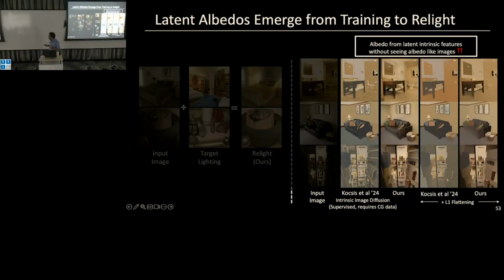So here is a comparison of albedo, ours with two different conditions. What I want you to compare it with is the recent state-of-the-art model, which is trained using a massive computer graphics dataset. The top row and bottom row are some of my favorite examples. Here there is a lighting around the mirror, and our model is able to suppress this lighting effect around the mirror as compared to the previous method, which is unable to suppress this